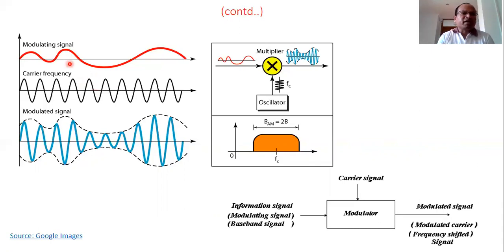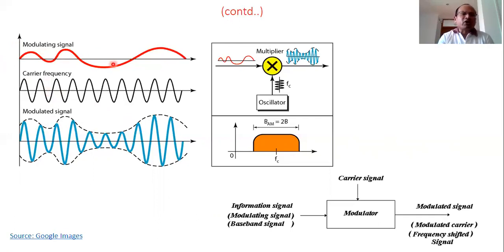So look at the third diagram. For this message signal, the carrier signal changes like this. Again, if you compare the second and third diagram, the frequency of the signal is not changing, whereas the amplitude is changing. And how does the amplitude change? The amplitude of this carrier signal is changing strictly in accordance with the amplitude or instantaneous value of the modulating signal.